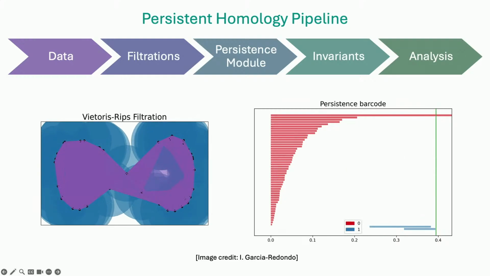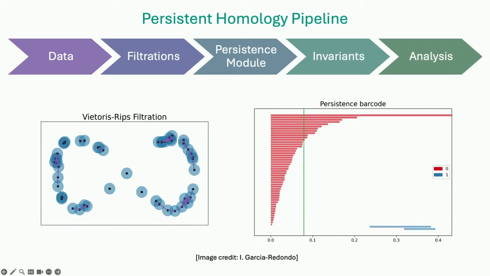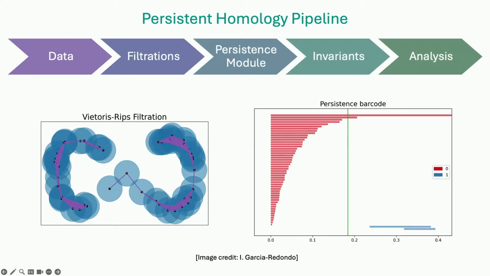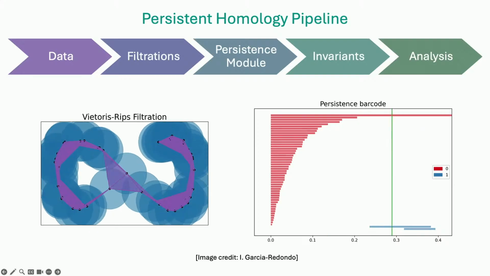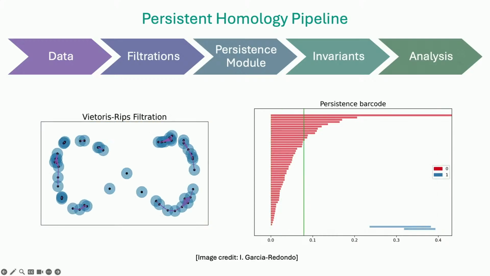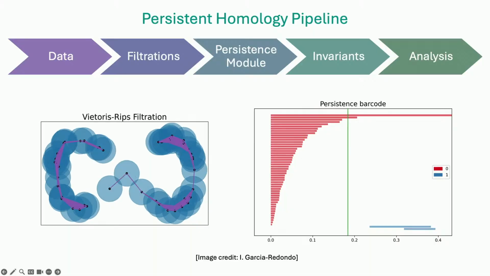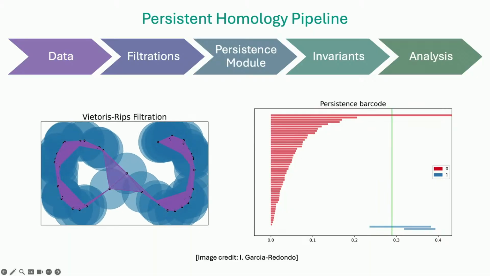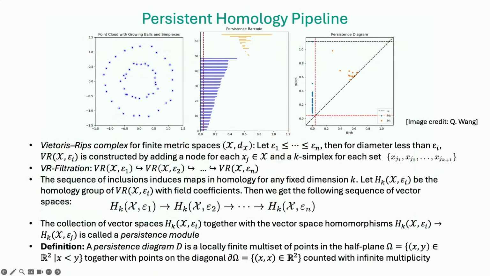So in this case, if you're looking at points that are sampled from some underlying space and you want to learn what that space might look like, especially if it has holes, then this is where persistent homology makes a lot of sense. And it's an algebraic construction, right? You have this filtration, you want to compute a persistence module from it, from which you derive invariants, and the invariants are what you're going to use in your data analysis here, right?